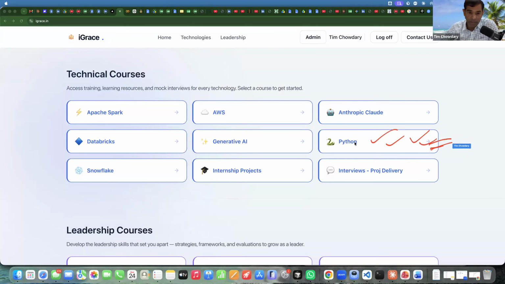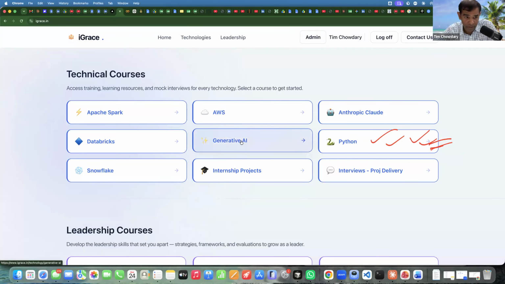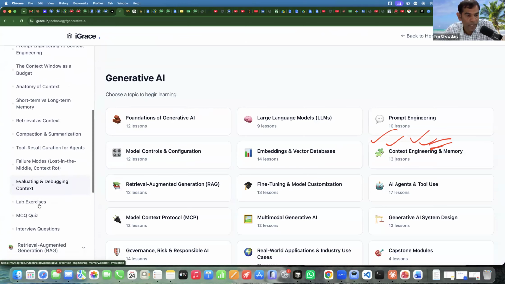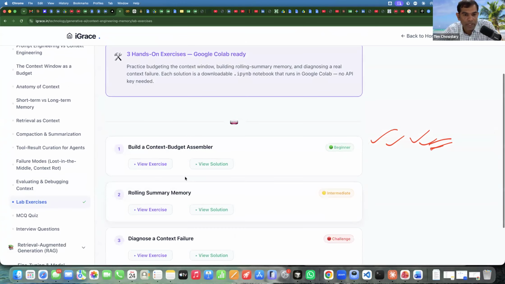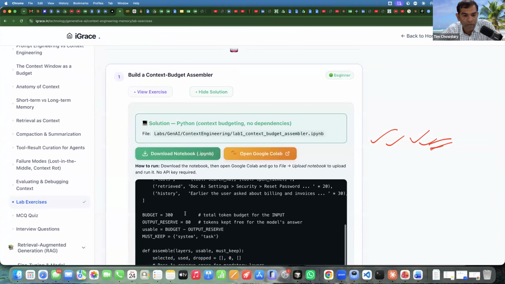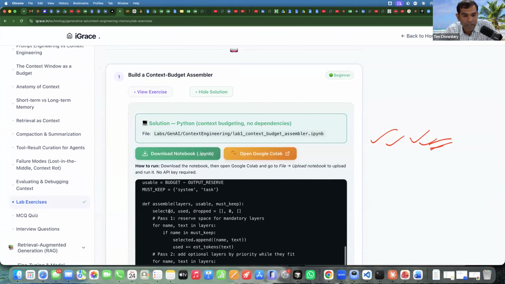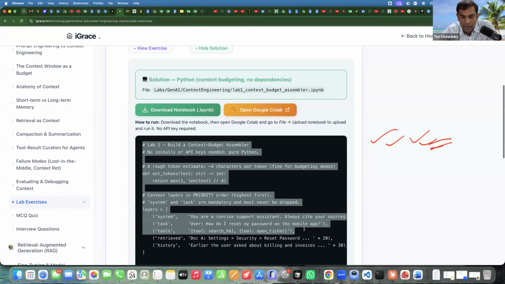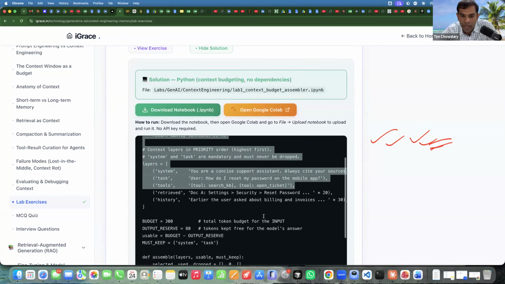Basically, we will see in generative AI, we have a lot of API based labs, for example, context engineering lab exercises, right? If you see view solution, here we are invoking all these Python based APIs. Hence, at a very high level we'll touch base, just for you to understand, we are not writing code. We are using AI to write the code, right? Hence, we don't need to remember the syntax, but the concept should be known. So we'll slightly touch base.